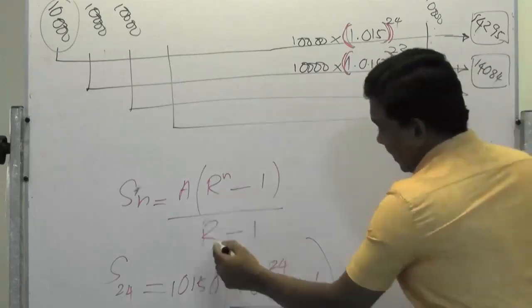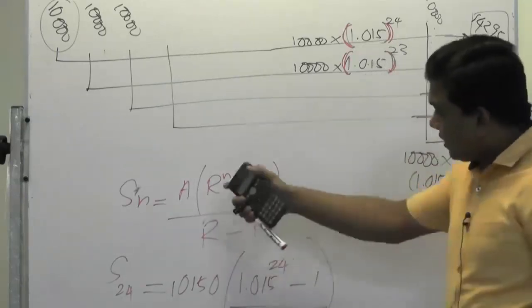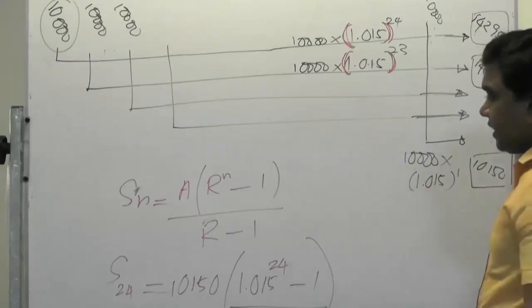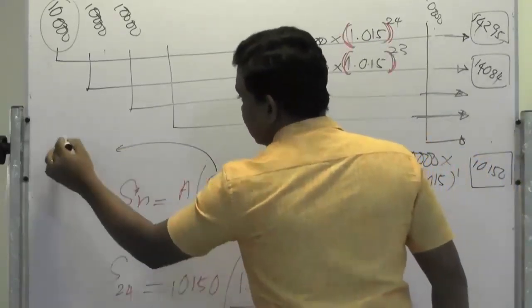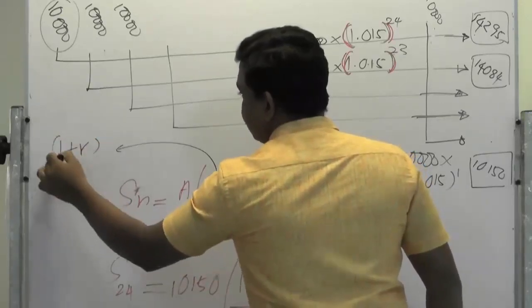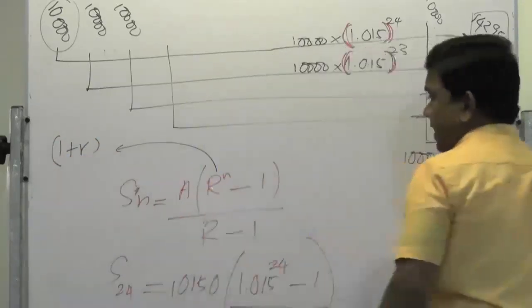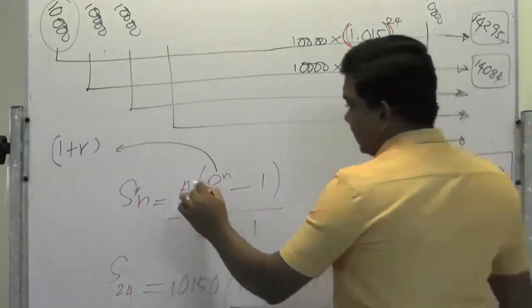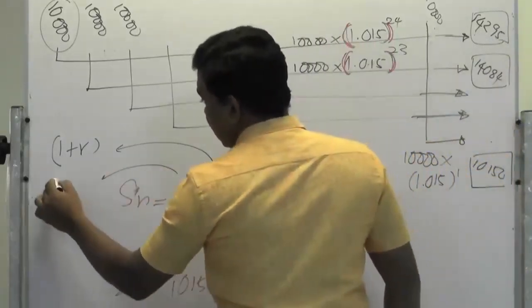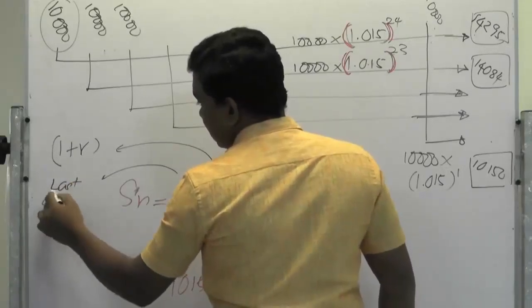Keep in mind, this capital R represents 1 plus R. Capital R equals 1 plus R. That is very important to keep in mind. This capital R is the 1 plus R, where simple R is the interest rate. Then A is the last deposit